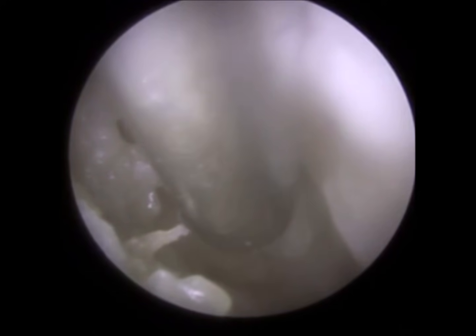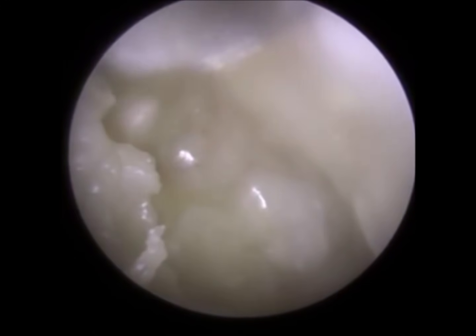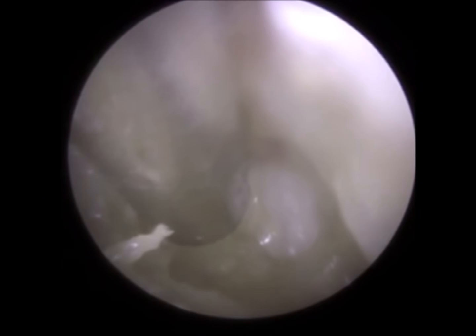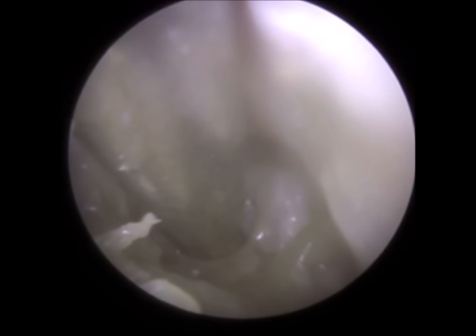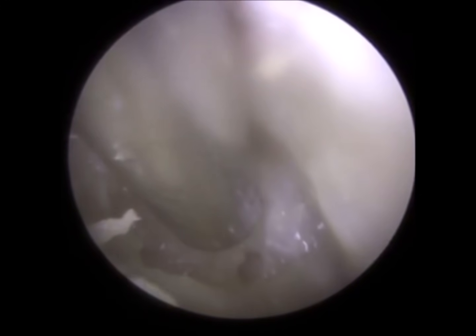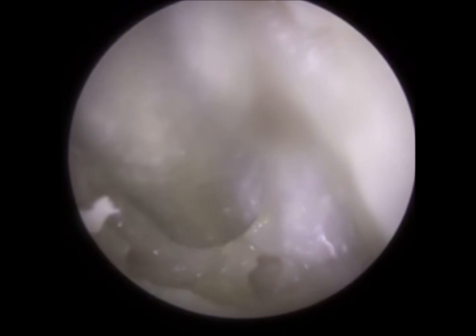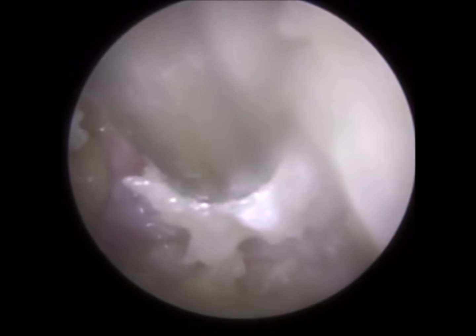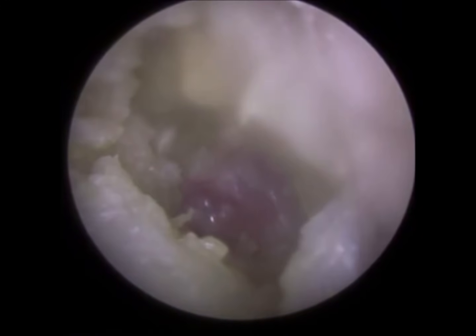So we're just now approaching the eardrum. I'm going to be very careful. The patient was in a lot of pain prior to attending. Obviously, as I said, he's had this infection for a couple of months now. He's had it treated for a couple of months and he's known about it for a couple of months, but I'm not so sure. I think the severity of this ear infection would tend to lead me to suggest that he's probably just,